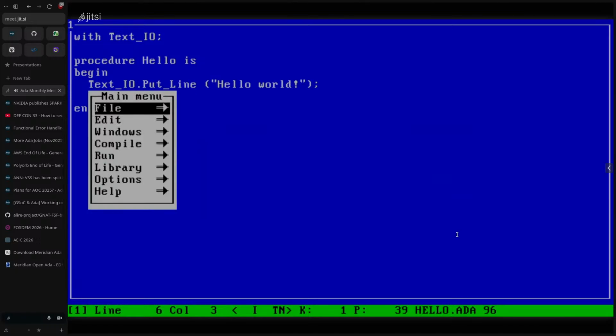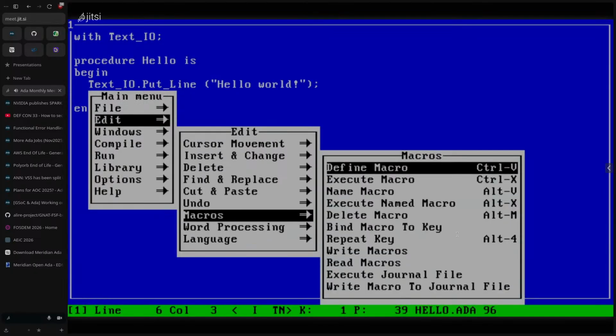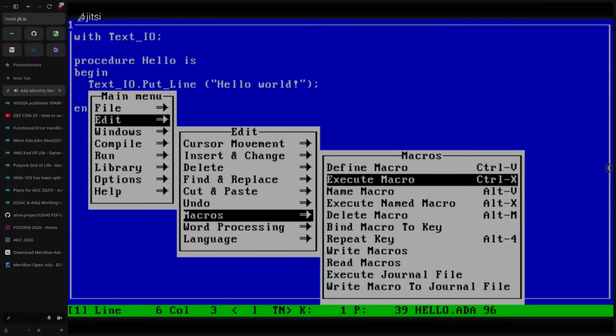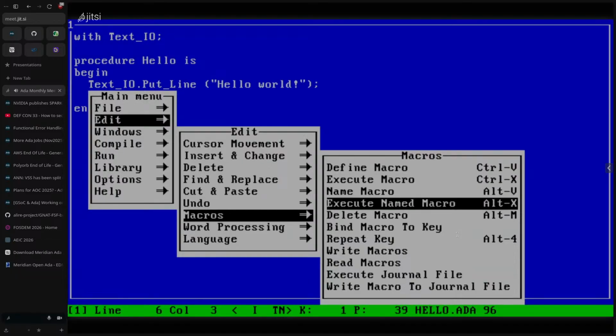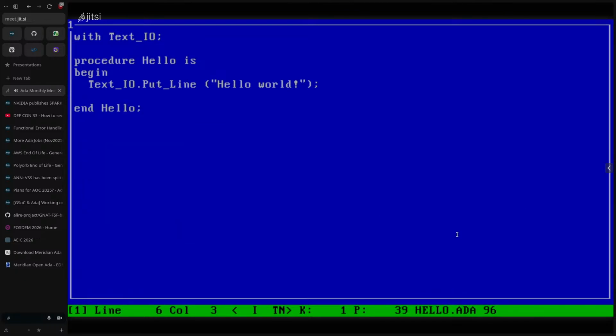If one presses Escape, you can get the menu. So we have macros here, and here you can define your own macros. And I wanted to execute the macro. Here it says Control X. It seems it didn't work. Actually, I wanted to execute this one. You see, execute named macro, Alt X. For some reason, that didn't work.